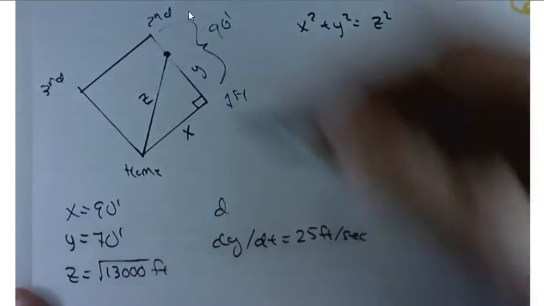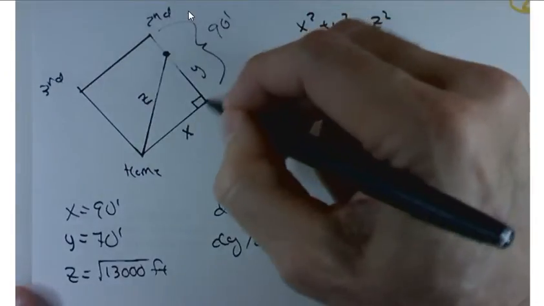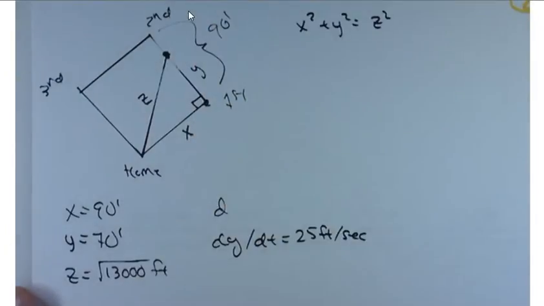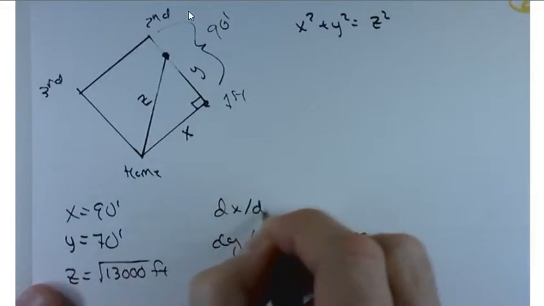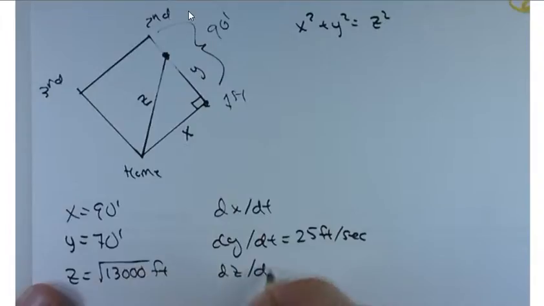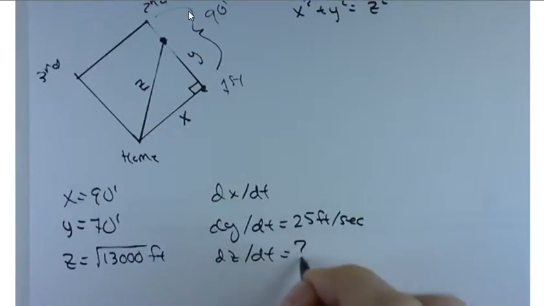Good question. If y was this distance, then it would be decreasing. But y is the distance from first base to second base, or to where the runner is. So would that be negative or positive? Yeah, it's going to be positive in this case. dx by dt and dz by dt. We get another one for free out of this. Which one do we know and which one do we have to find? All right, we don't know what this one is, but we do know what dx by